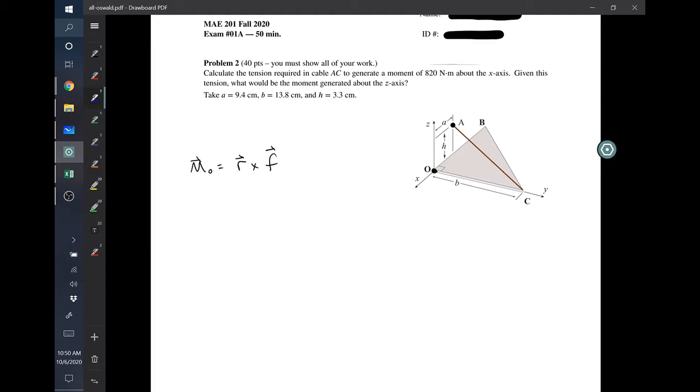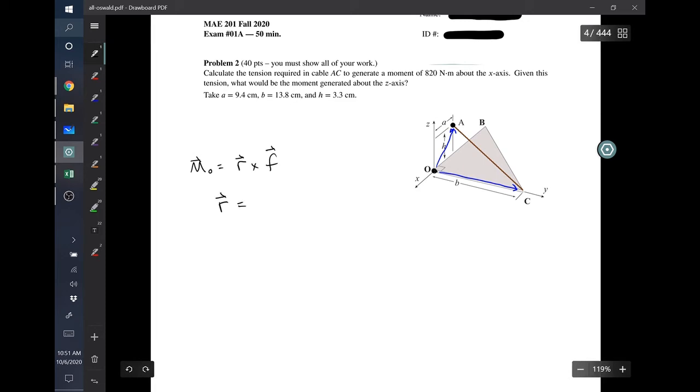So it can either be defined from the origin to point A, which would have two non-zero components, or it could be defined from the origin to point C, because the moment arm can be from the point we're computing the moment about to any point on the line of action of the force. So in this case, it has to be from O, but it could go to any point along the line defined by AC. And looking at this, we see that from the origin to point C